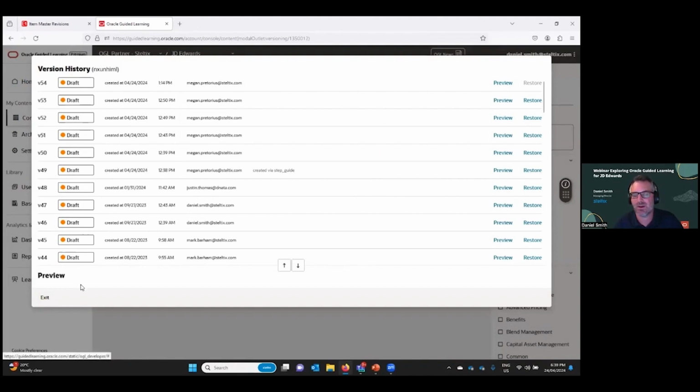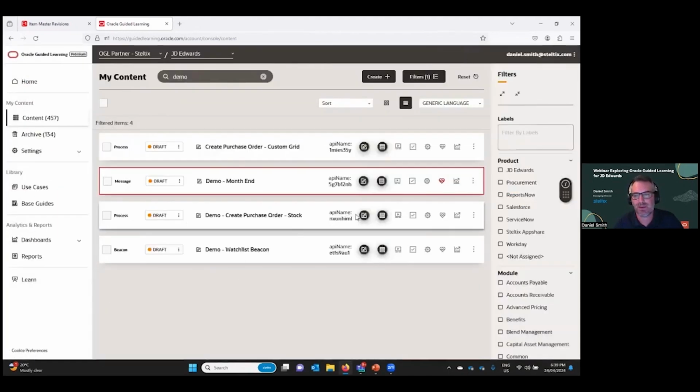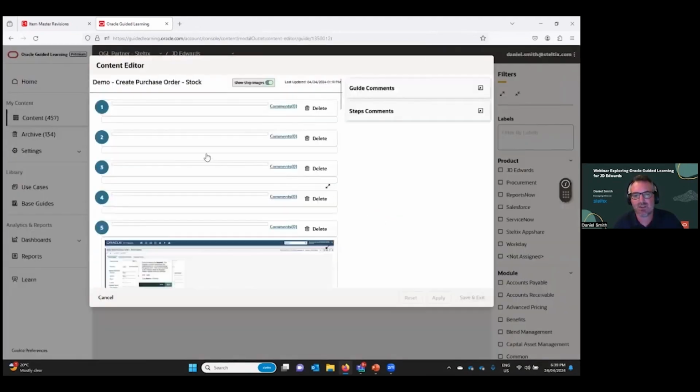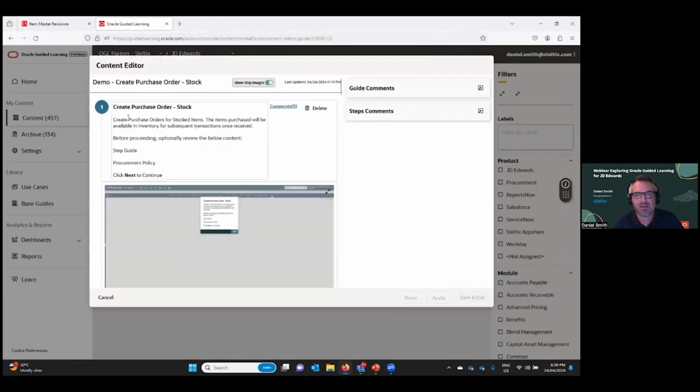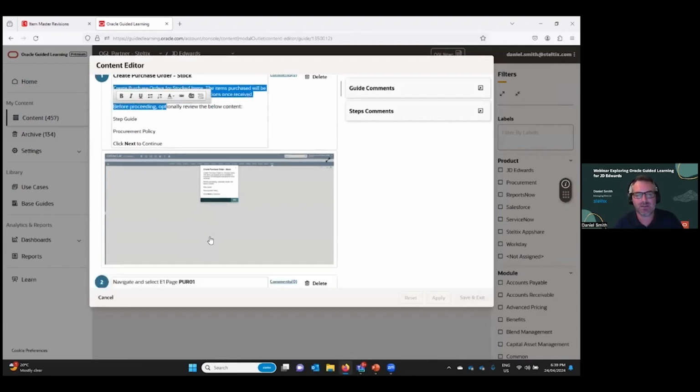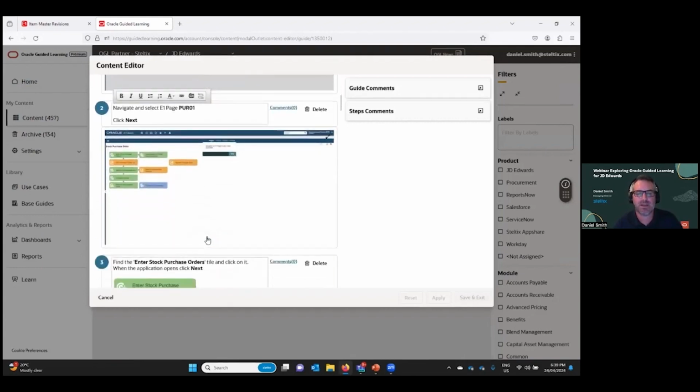I can preview it and I can restore it. I can make edits to that particular guide very quickly. So I can jump into a content editor. I can control and replace en masse content. I can quickly jump in here, edit the content. I can replace the screenshots very quickly. And there is a recording tool or component that comes with the solution to help you record and take screenshots